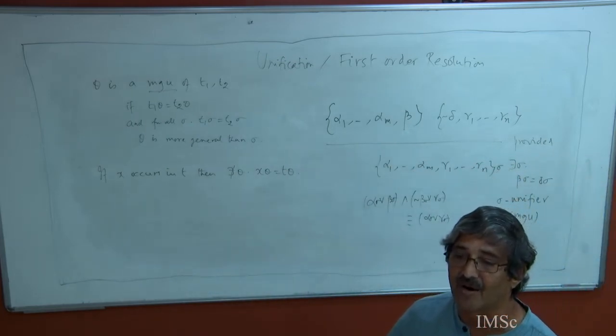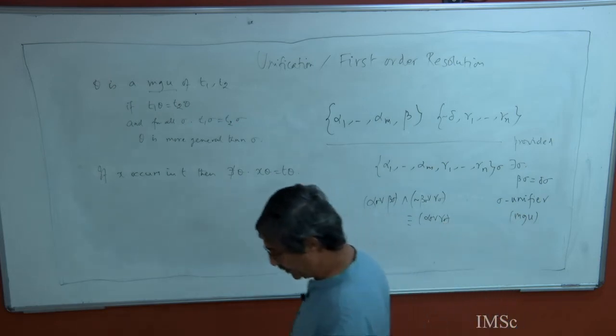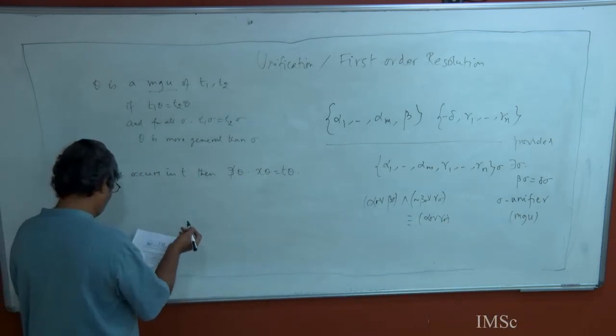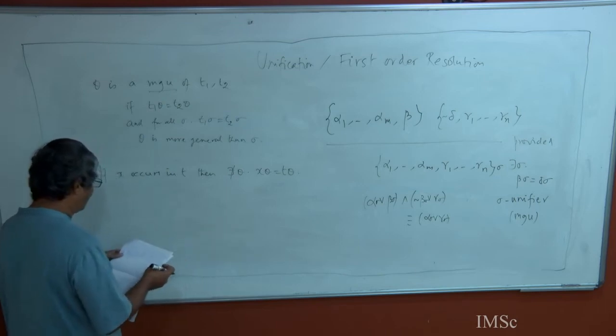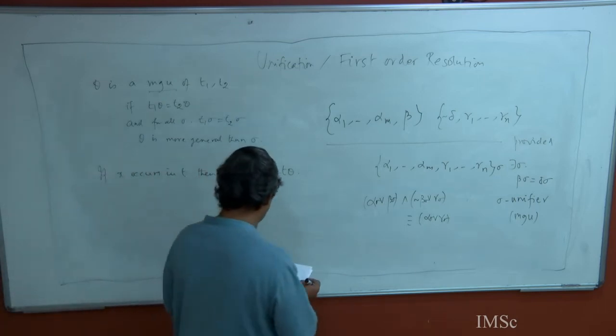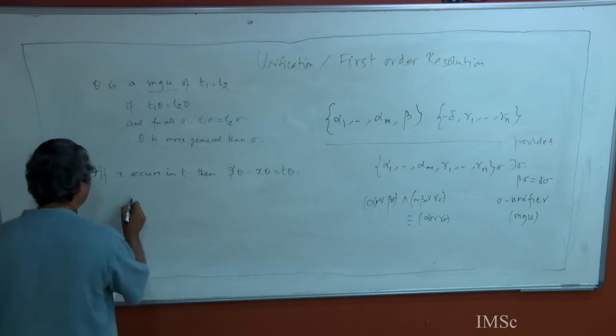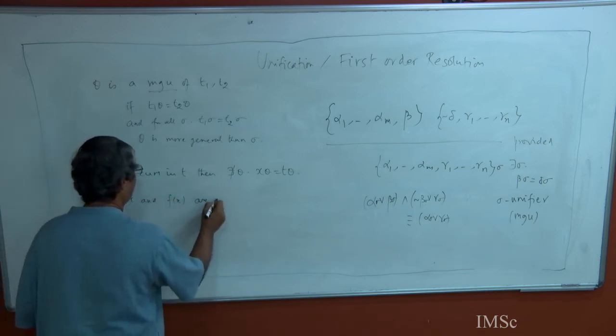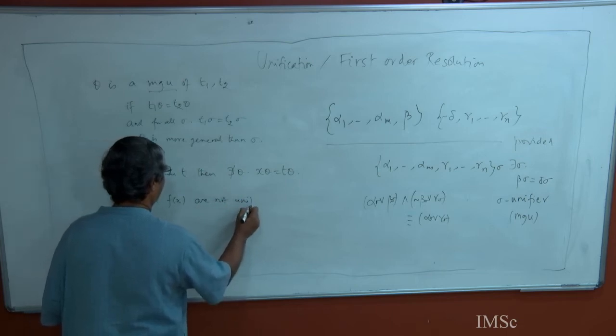This is something important to keep in mind. Why is this true? Well, if it did, x theta would be a subterm of itself, right? For instance, f of x and x are not unifiable,